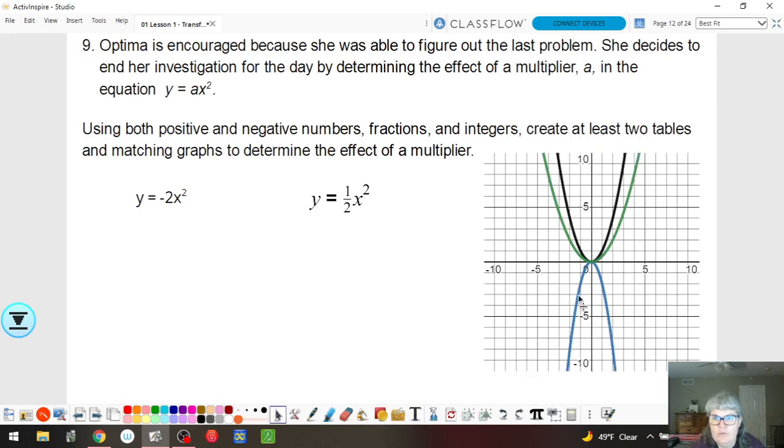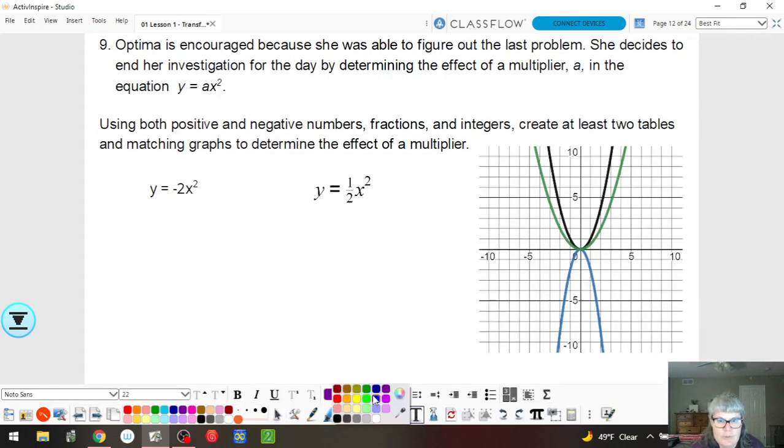I have a blue graph for that first equation that is reflected downward, but if you compare its shape to the original, it's a little bit narrower. We call this a stretch. And when we have the green graph for the second equation, it's wider than the original. We call this a shrink because the y values are less than what the originals were. So just to show you what the tables are like,